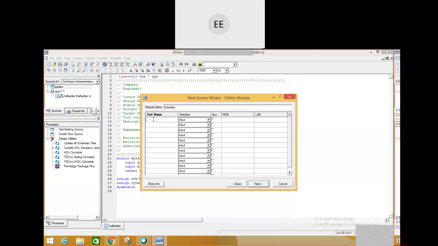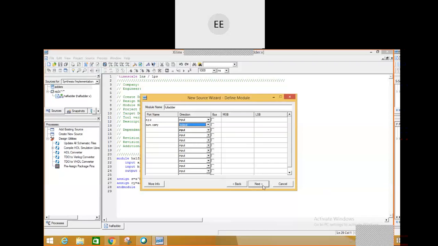So what are the inputs I'm having now? Remember, don't give the same variable names you have given as an input to the half adder, because I'm doing a gate level modeling using half adder as a component, right? So I'll take X, comma, Y, comma, Z as the three inputs that are associated with me. And I have two outputs. Let me call them sum and carry. Okay, so these are the two outputs I'm having.